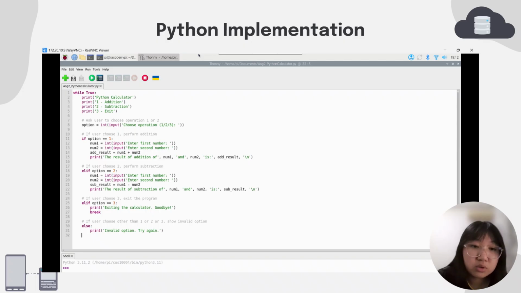Then I have input an option, which asks the user to choose operation 1, 2, or 3. And if the user chooses 1, it will perform the addition. So I have input the variable number 1 and input the variable number 2. It will add them together, the result being number 1 plus number 2. So in conclusion, it will print the result of the addition of number 1 and number 2 is the result